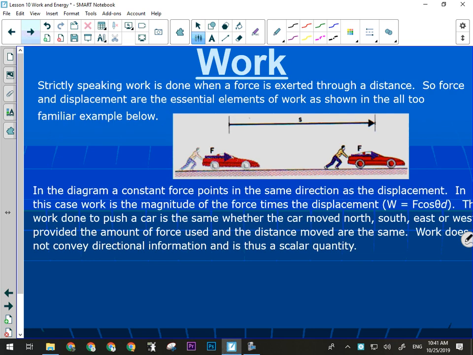Okay, so strictly speaking, work is done if a force is exerted through a distance. That's where we get that work is force times distance formula from. So force and displacement are the essential elements of work. So if I just push on this wall,